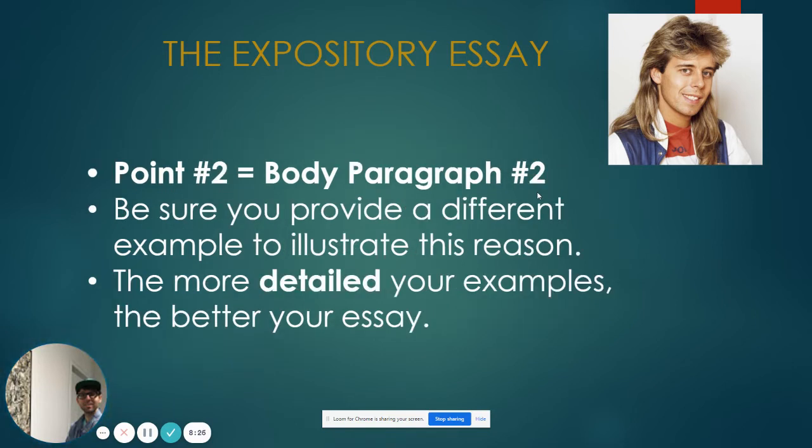Body paragraph number two would be point number two. This is where it'd be like, but it's also important to provide time for play. And maybe I still want to use Elon Musk as my example and say, if he didn't go out to all these balls and things, he wouldn't have met Grimes and they wouldn't have had their kid. And the kid isn't going to grow up and revolutionize the world and turn us all into robots. Be as detailed as possible. The more detailed your examples, the higher you score.